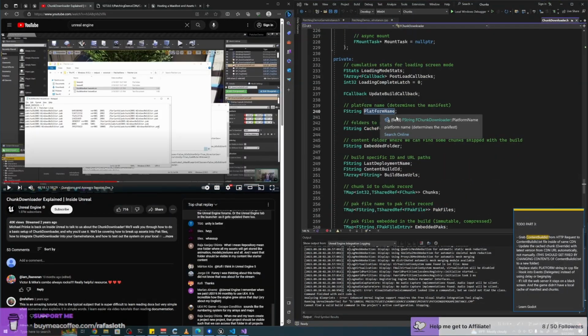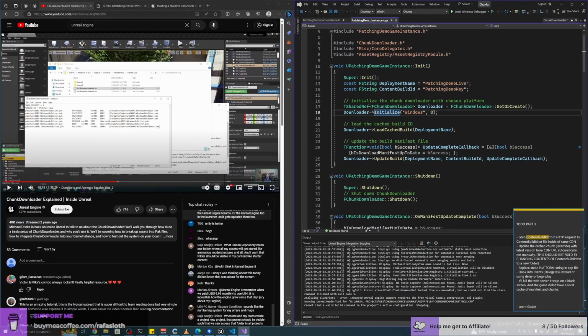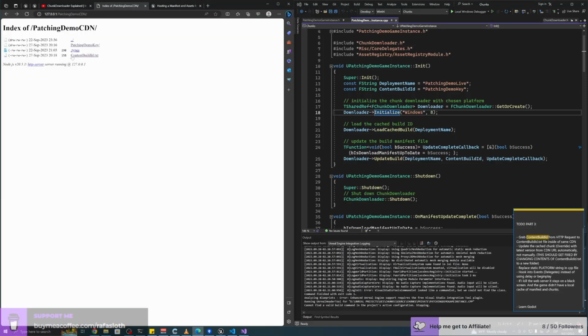This platform name that we're using here, the reason for this setting is to set up basically all these naming conventions for the manifest files. In my tutorial, we're using Windows, so the manifest file that the chunk downloader is gonna look for will be -Windows. It just tells chunk downloader to use this suffix after build manifest.